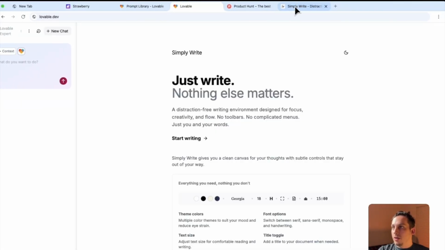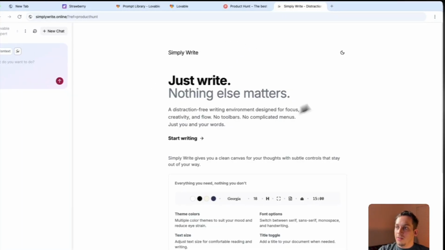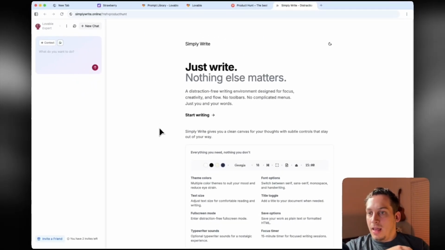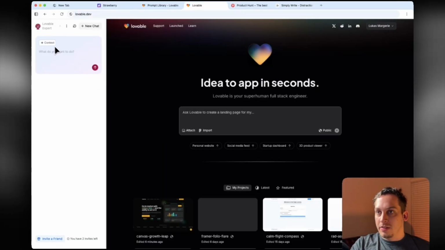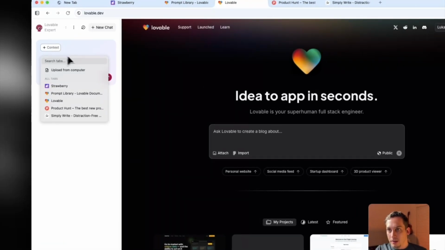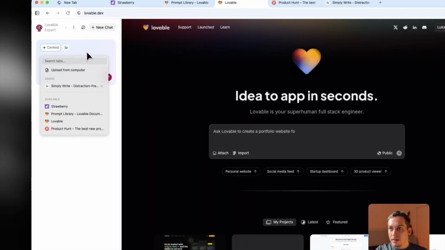I want to give it this tab as a reference and then ask it to research competitors and create a prompt that has 3 unique USPs that these competitors don't have, right? So I'm going to ask it to use its brain a little bit and then create a prompt, and then we can create that in Lovable. So I'm going to go here to context, click plus, click on the SimplyWrite, and I'm going to say,